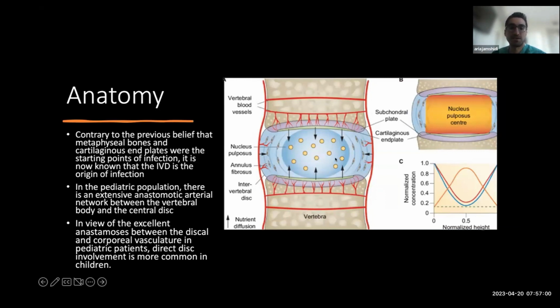And in view of the excellent anastomoses between the discal and the corporeal vasculature in pediatric patients, direct disc involvement is much more common in children, and children can typically present with fussiness, inability to walk due to pain,